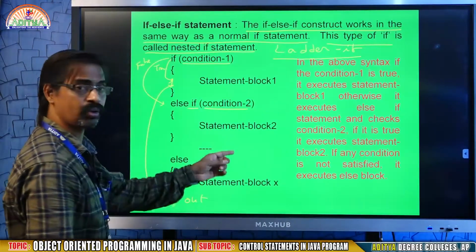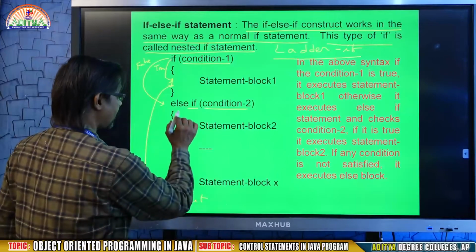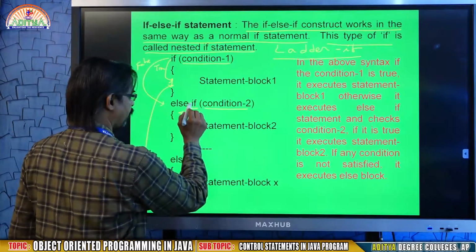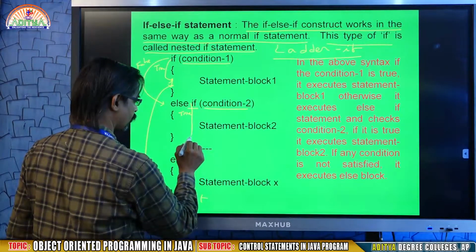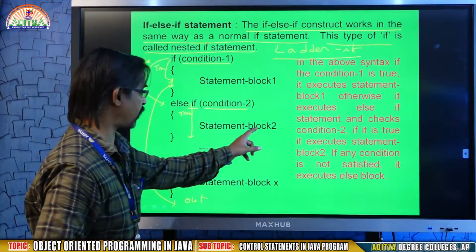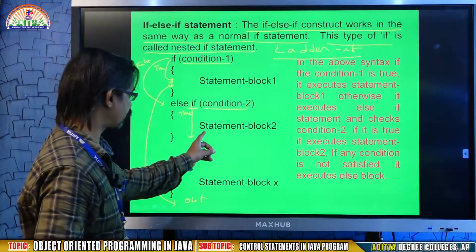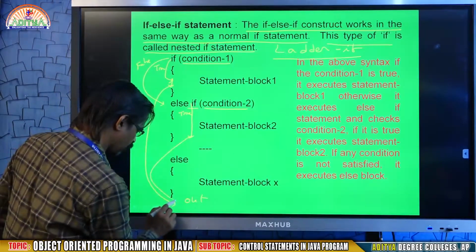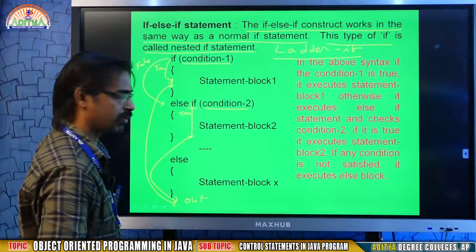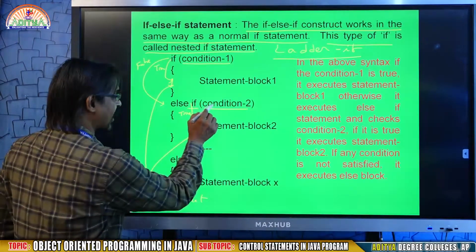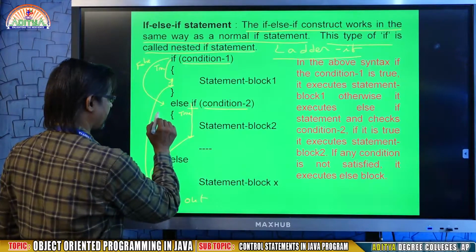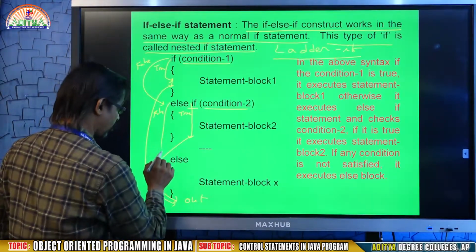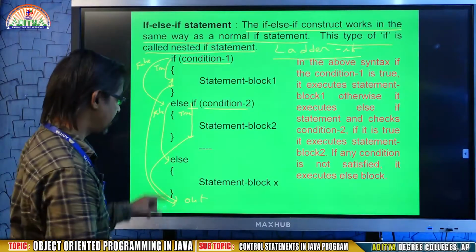If condition 2 is true, it executes statement block 2 and then goes out. In case the condition 2 is false, what happens? It will go to else.